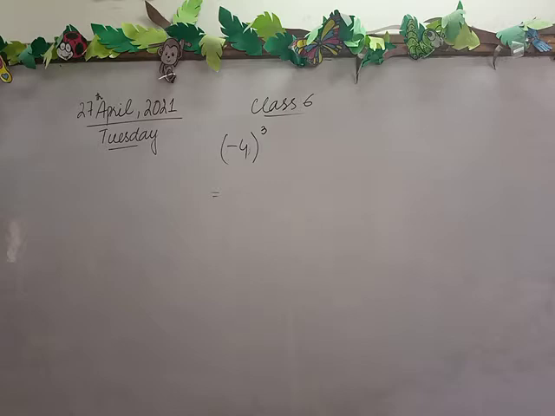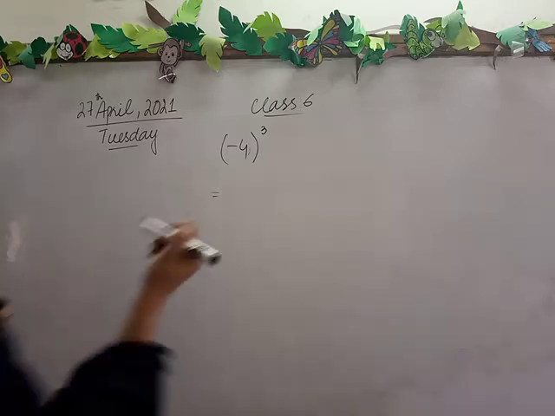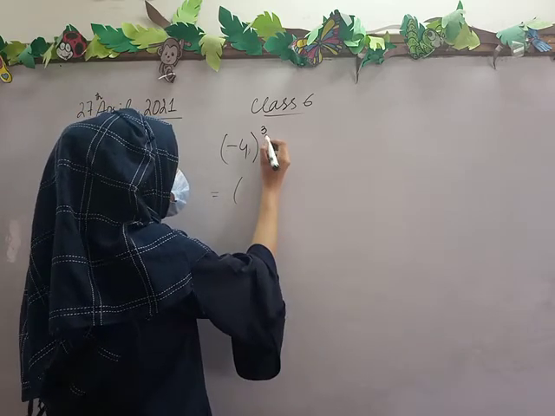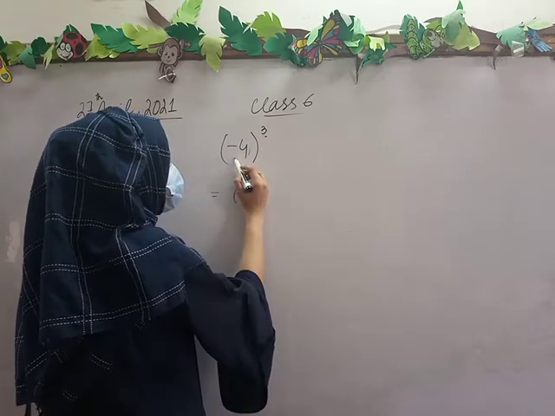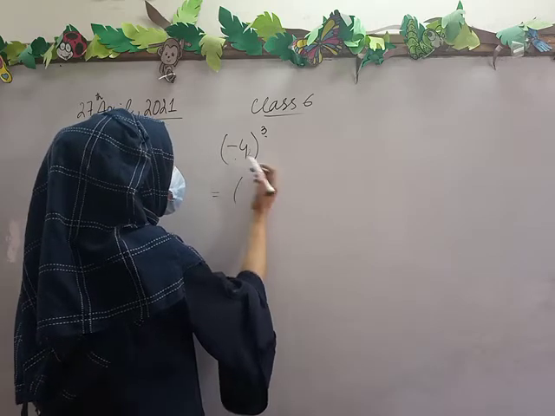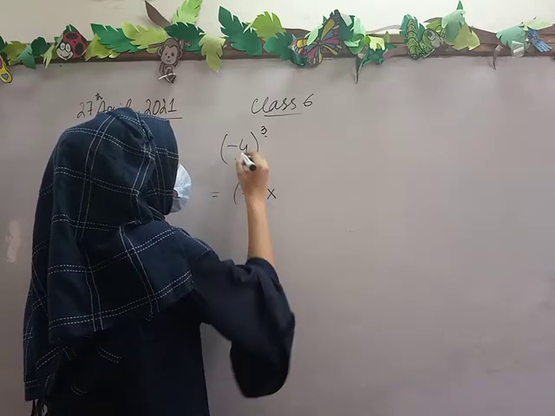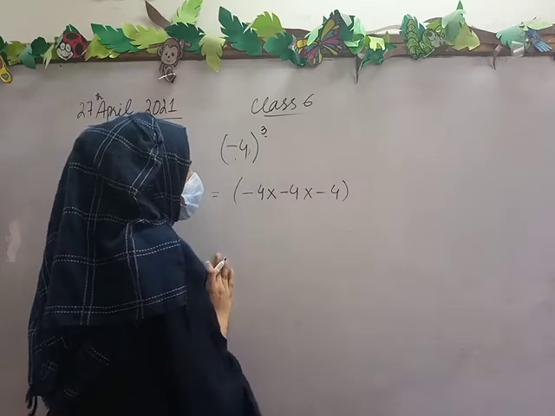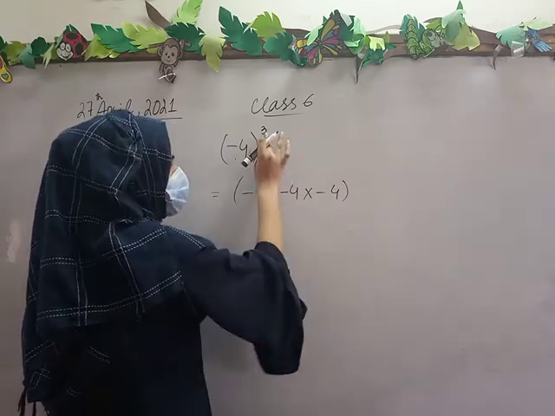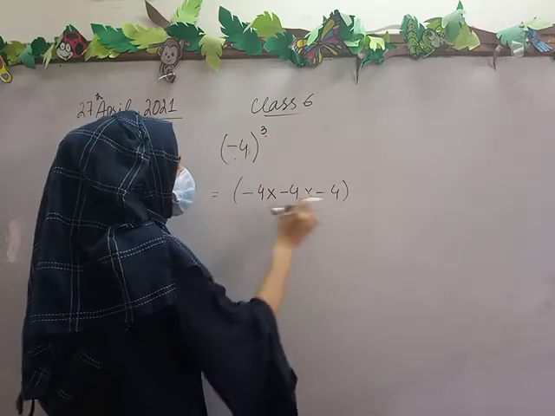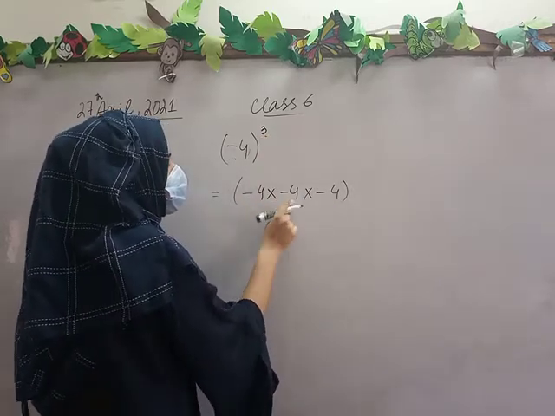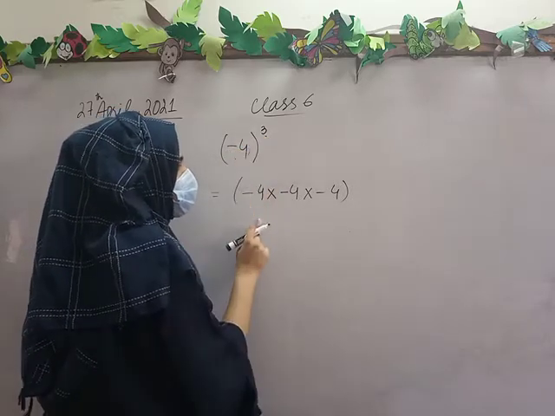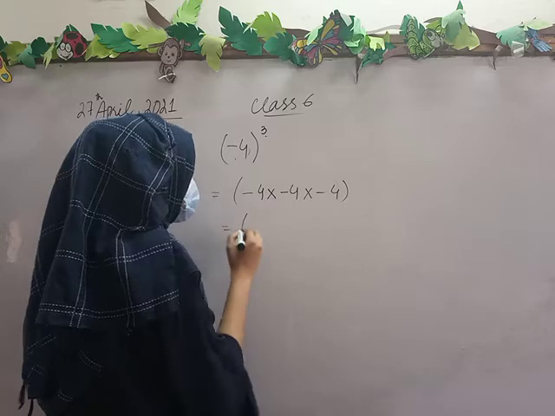Very good. As I told you class, as the power is odd and there is a negative sign inside the bracket, we will write this in this form. Fine. The power is 3, which means 3 times repeat, so we will write -4 three times. -4 three times. Okay, in next step